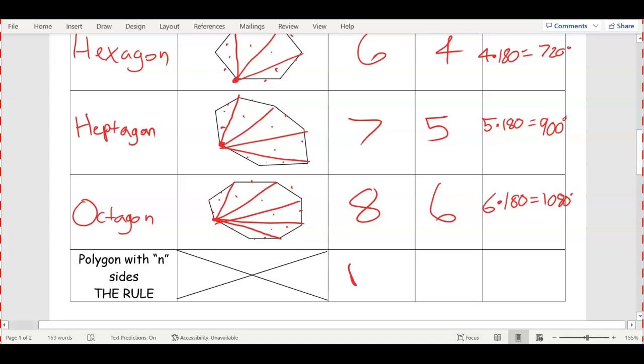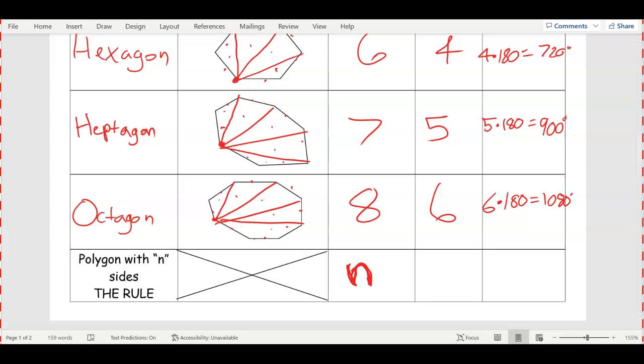So n number of sides, no matter what the number is,